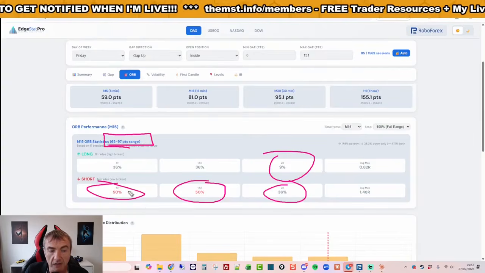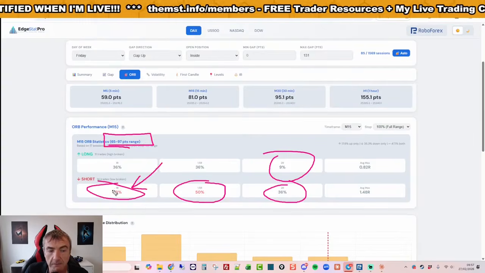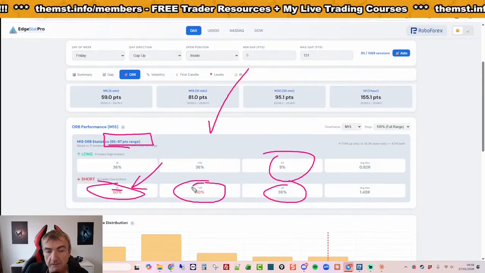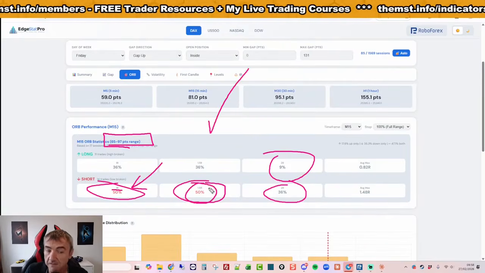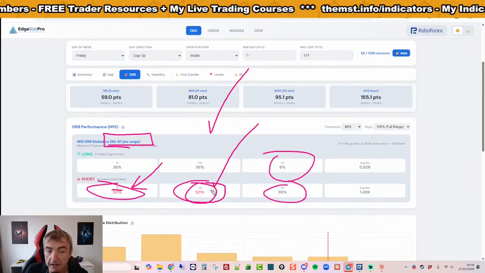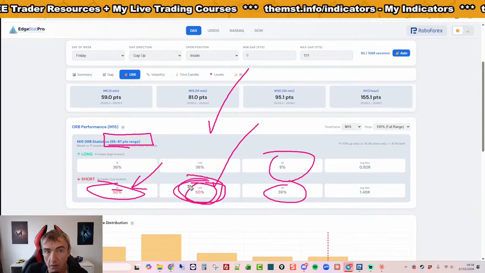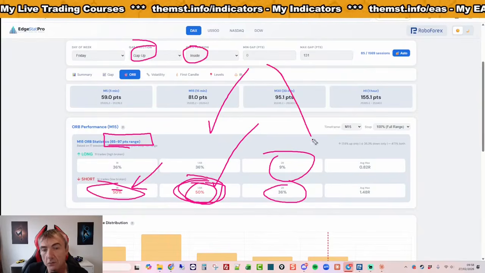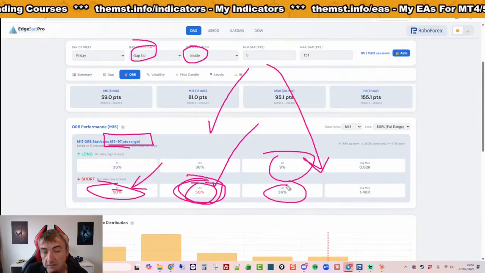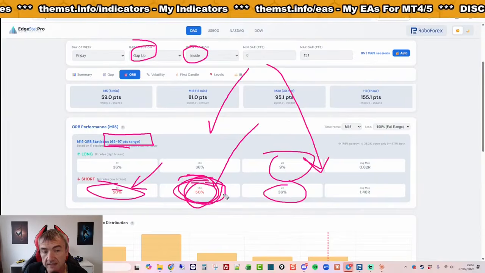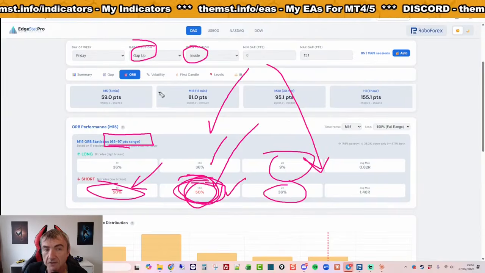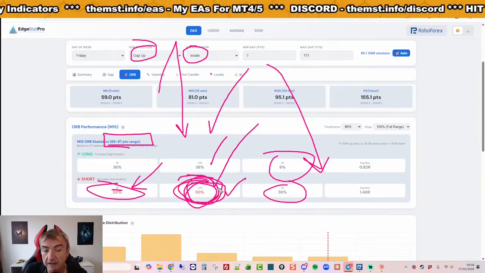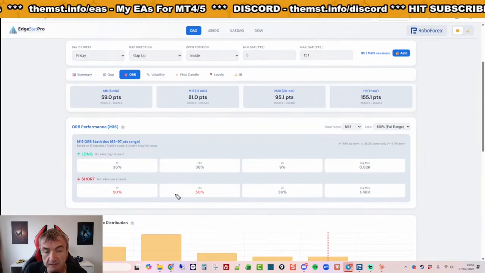Yeah. So there's a 50-50 probability of getting a 1R. You're not going to make money out of that. It's a 50% probability of getting 1.5R. You are going to make money out of that, but only on shorts. Why? Because we gapped up inside, so the market will be attracted to yesterday's close. Therefore, the downside has a higher probability than the upside because we've gapped up and we need a gap close. Yeah. So that is today's trade.